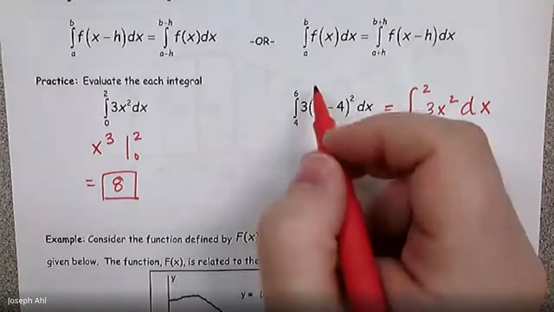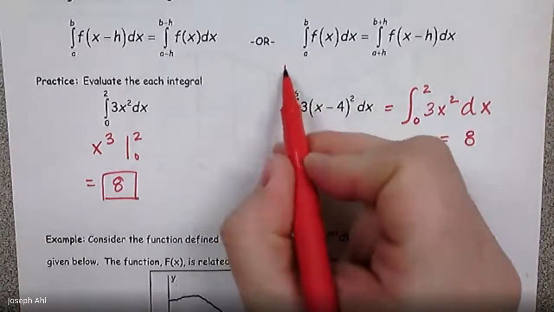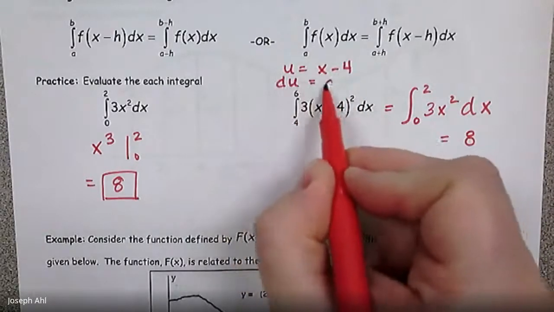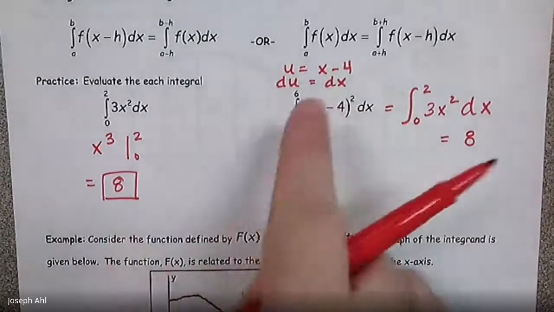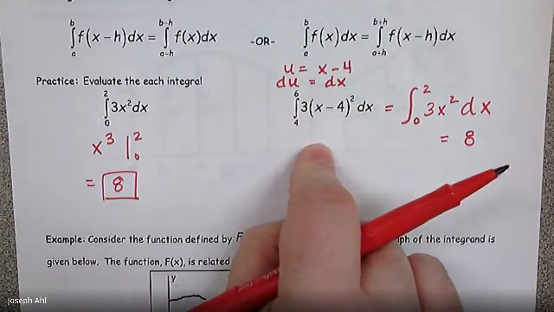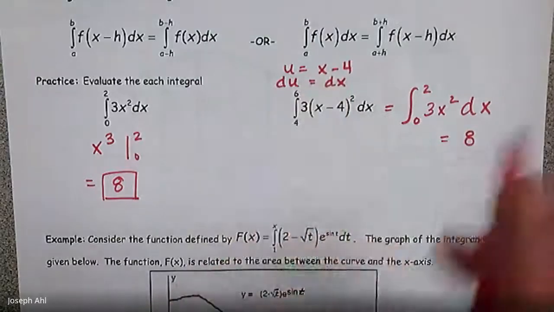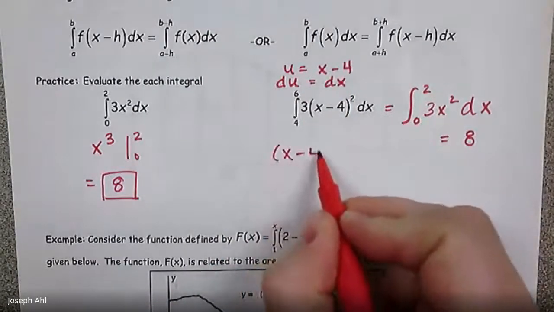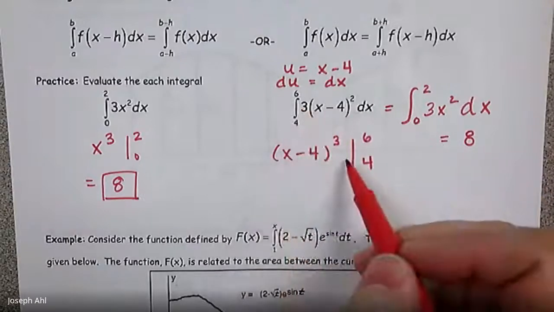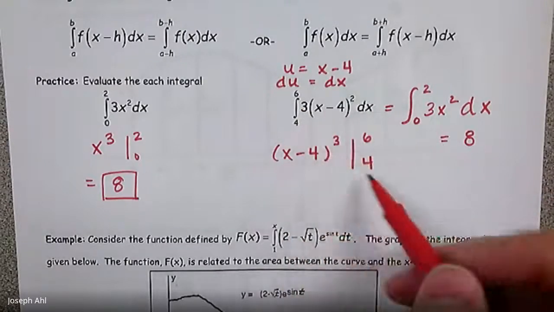Otherwise, a quick u substitution here again would do us pretty good. If u equals x minus 4, then du equals 1 dx. So if I treat this as 3u squared, the integral is u cubed, but oh wait, u is really x minus 4, so it would be x minus 4 cubed. And when you integrate from those bounds, from 4 to 6, you would get 2 cubed minus 0 cubed,